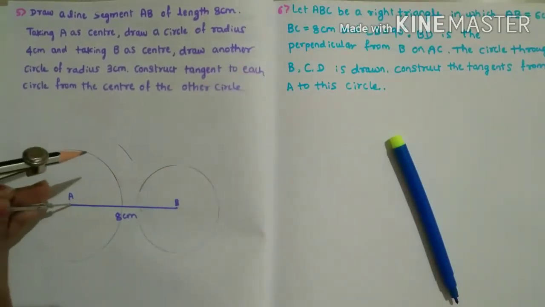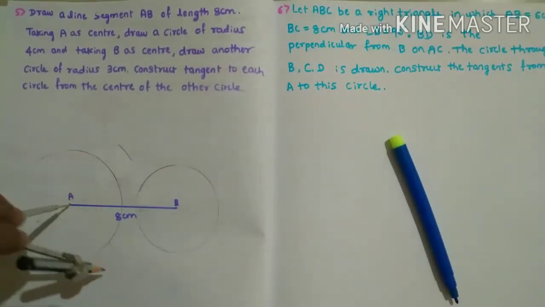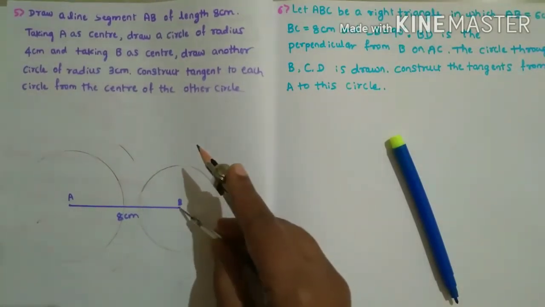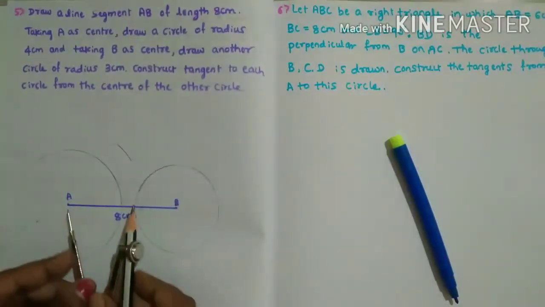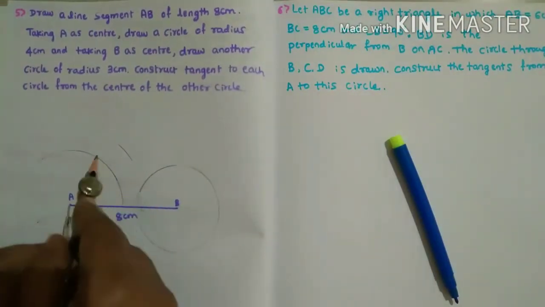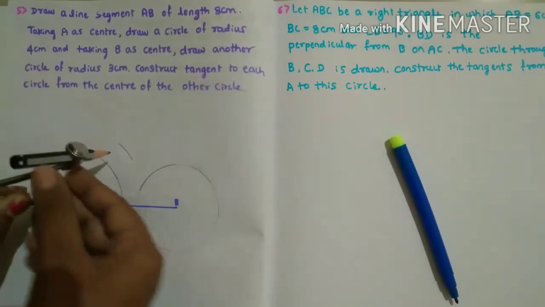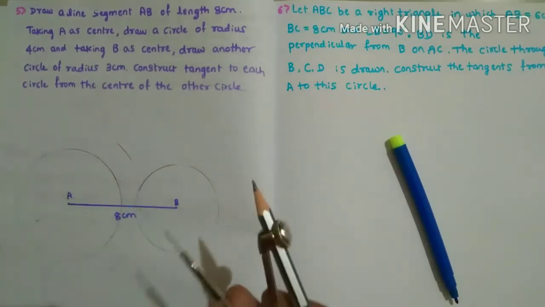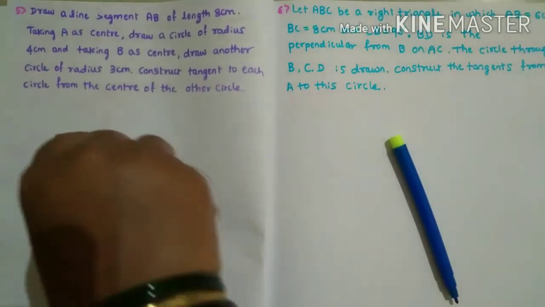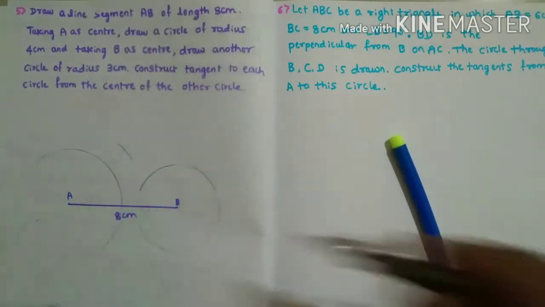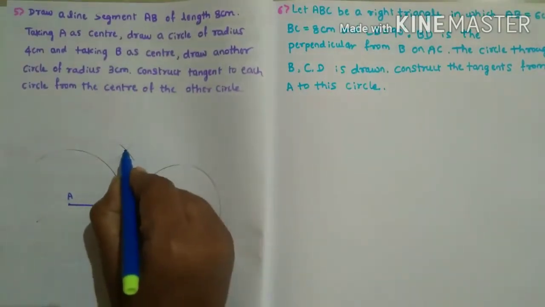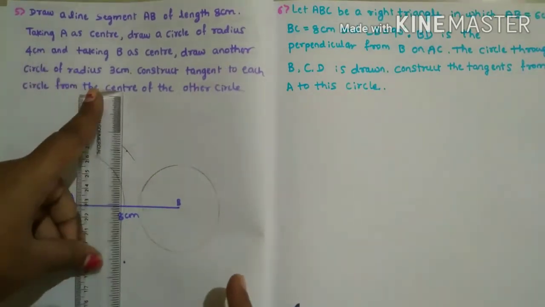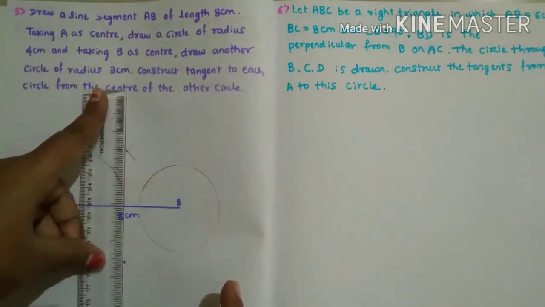Same thing I will do down also. Then you keep at point B, without changing it. See how much I drew here. Don't change this measurement. Without changing it, you should keep at B and cut that arc. Now we got 2 points, this and this point. You should join them where the arcs are intersecting.